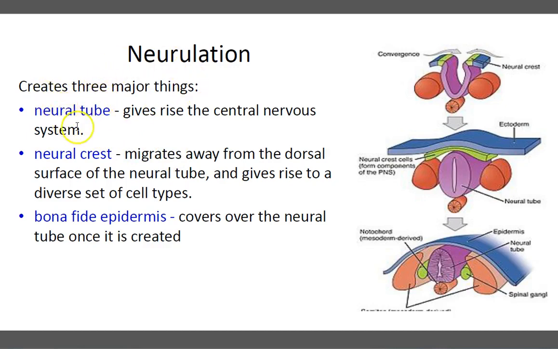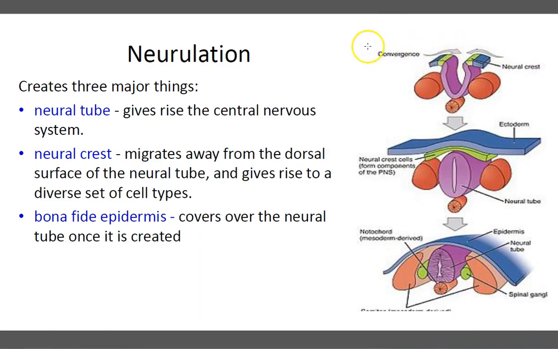There will be the formation of a neural tube. There will be migration of the neural crest. And then there will be the formation of your epidermis. Now, what happens is that the cells, so if this is the notochord, this is the dorsal side, remember the ball, then the cells on both sides of your